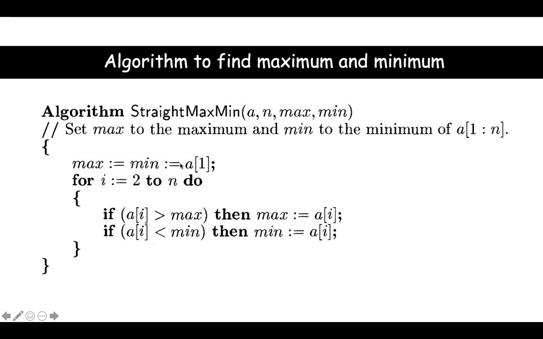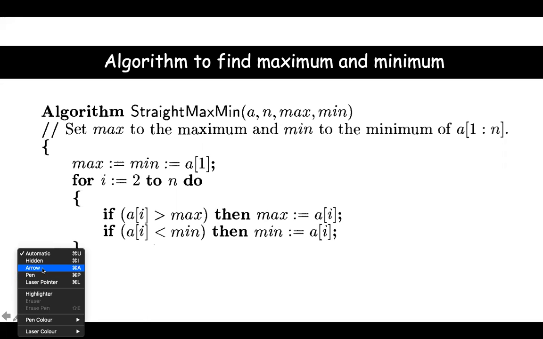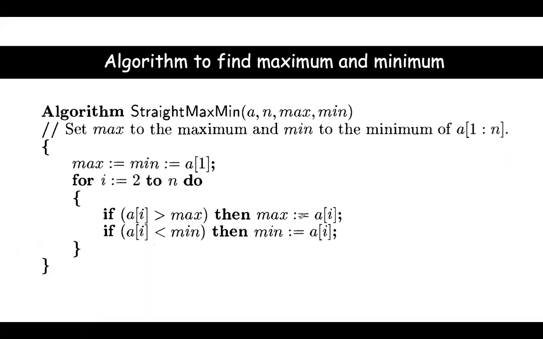these two if conditions, if A of I greater than, that is we are talking about second element. If it is greater than max element, in max what we have? In max we have first element. First element is nothing but 1. Second element is 2. So this condition is true. Then what will happen? Then max is equal to A of I. That is 2 value I will assign to max.